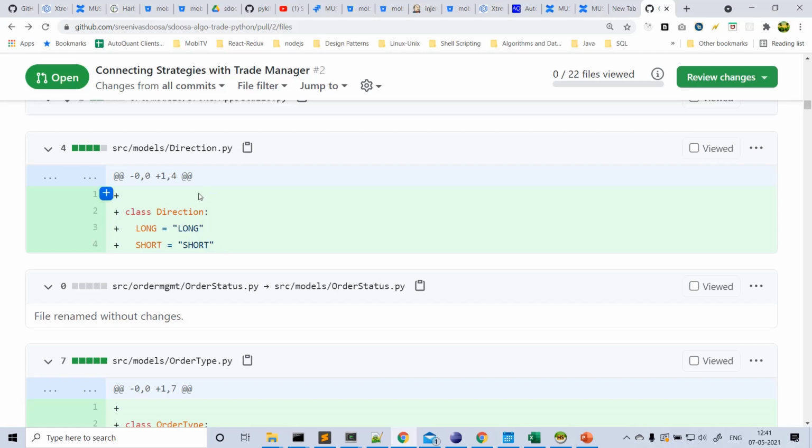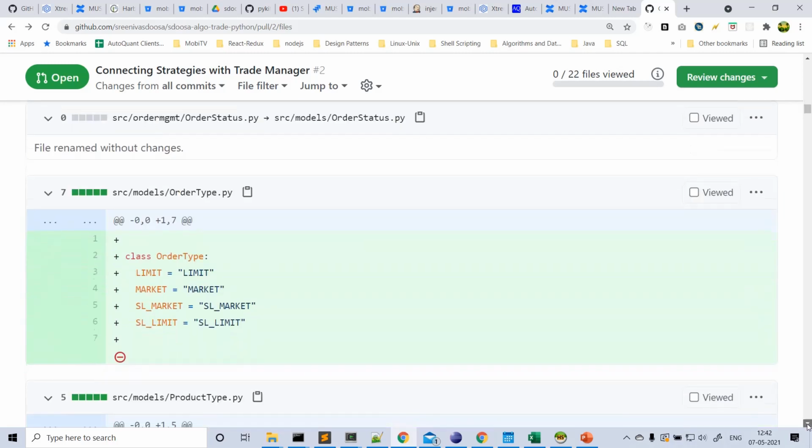This long short is maintained within the Python application, and there's nothing related to the broker. For some brokers, the terminology is different. If you want to place a long order with 5paisa, it is +1, for a short order it is -1. But in Zerodha it may be different. Some other broker it may be different. But within our app we just maintain this only. So across the entire application only these two things are used, long or short. So we just define what directions we have, long or short. That is one data model, and another data model.